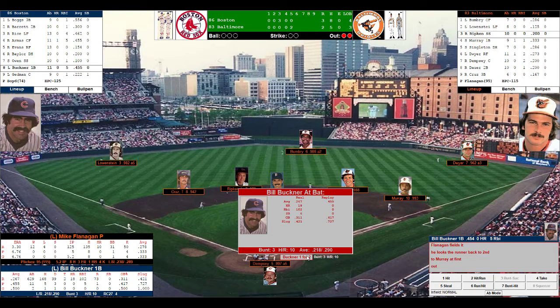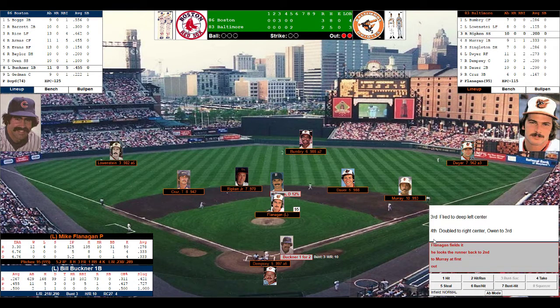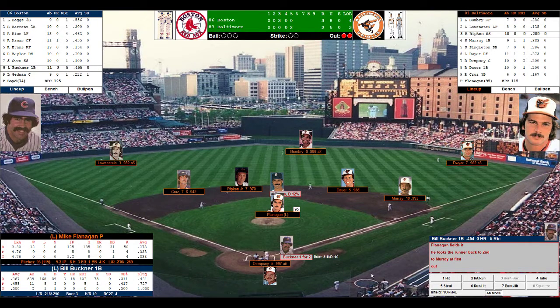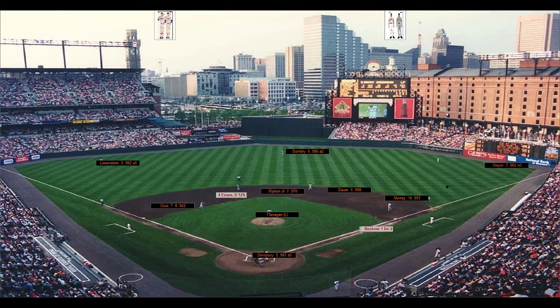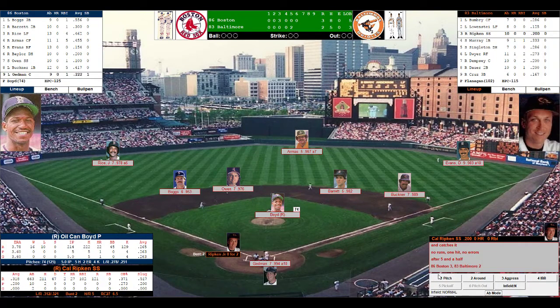It'll be up to Billy Buckner. Billy Bucks, 1 for 2. Fly to deep left center in the third and double to right center in the fourth. Base hit should score Evans. He'll be off by contact with 2 outs. Lefty-lefty matchup. The windup and the pitch by Flanagan, and Buckner sends that ball deep to right field, but Dwyer's there. He makes the catch. Top of the 6th over.